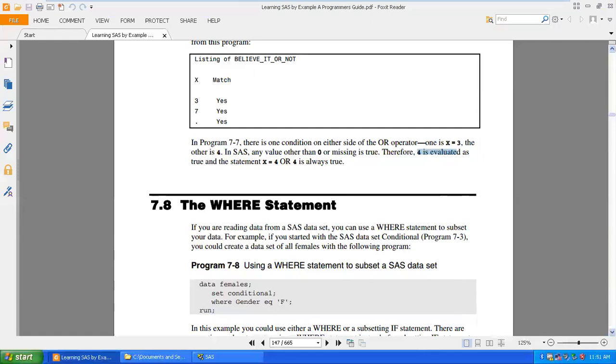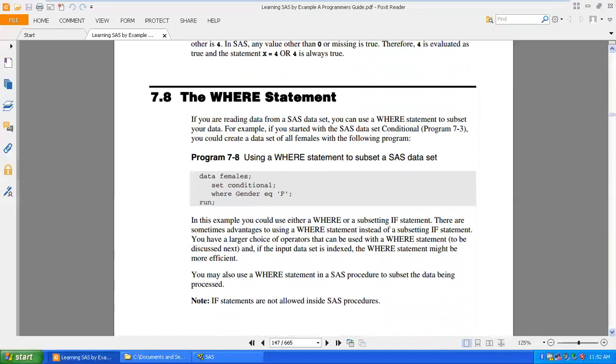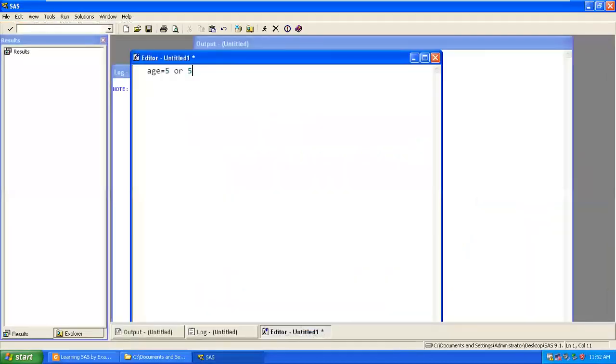तो एक चीज एक इसमें स्टेटमेंट थी कि if statements are not allowed inside SAS procedures, ये 7.8 में लेंगे. इस स्टेटमेंट का मतलब क्या हुआ? Where you saw here, ये note 7.8 last line note. If statements are not allowed in SAS procedures. So now what happens when you use your proc statement? It's a procedure statement, right. So in a procedure you won't be able to use this if statement.